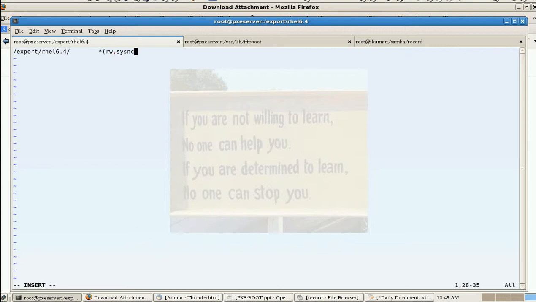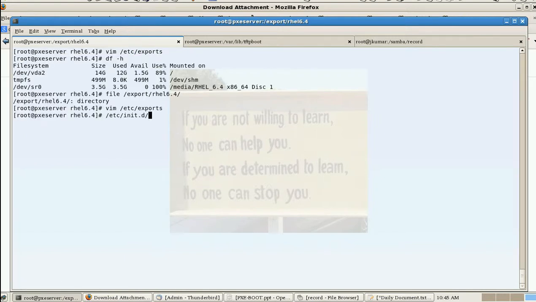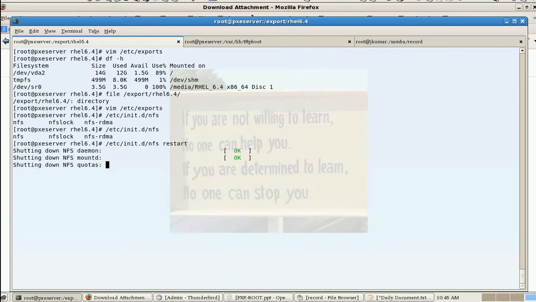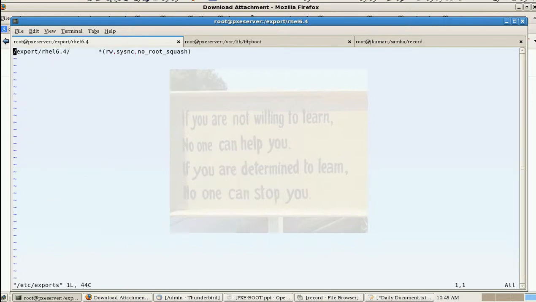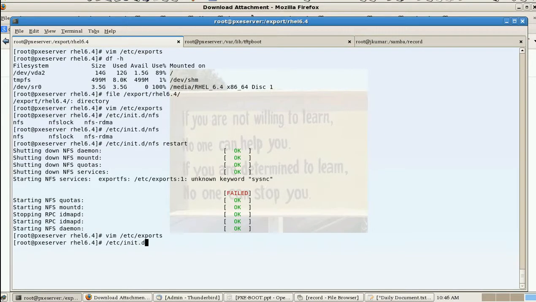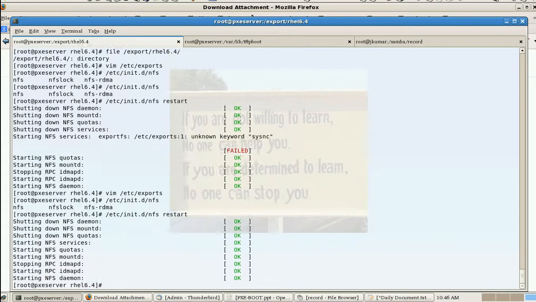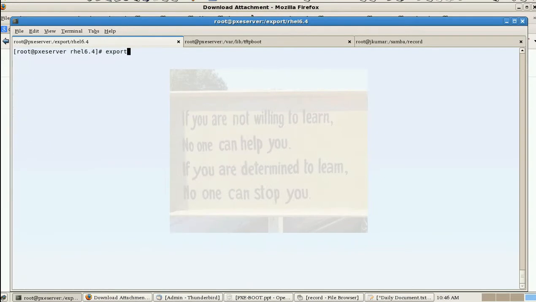Restart the service. The option is a little bit wrong. So the correct option is sync. Restart the service now. It is okay now. Confirm with the command showmount -e localhost. The directory is exported successfully. And the next step is we need to create the boot image under var lib tftpboot